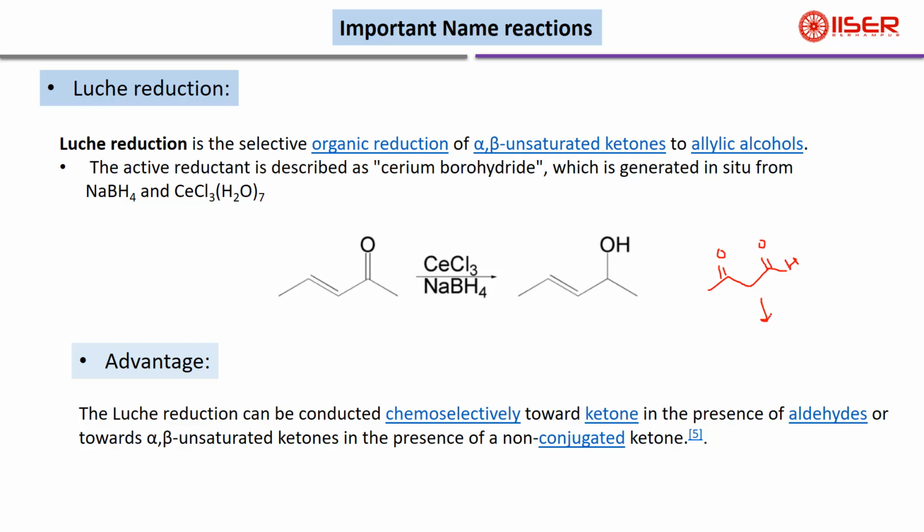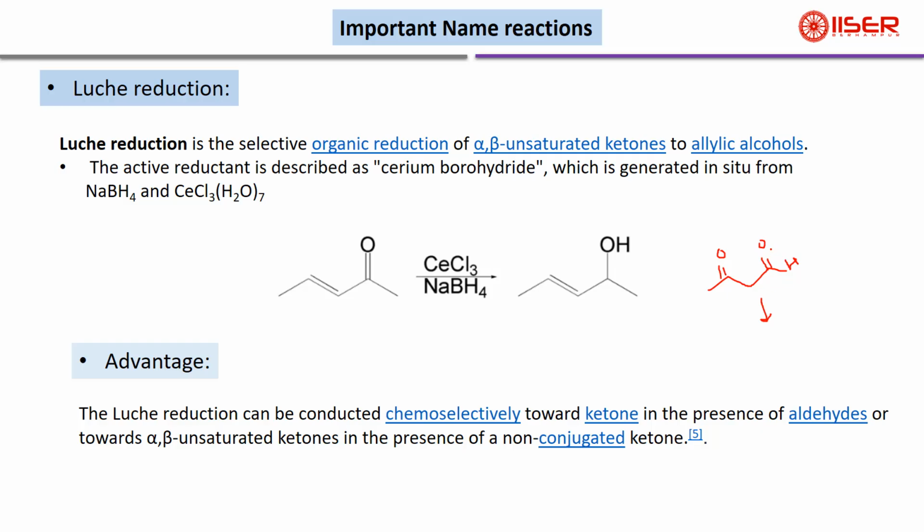So between aldehyde and ketone, which will react? In case of normal NaBH4 reaction, this aldehyde will react, but in case of Luche reduction, this ketone will react, because in the first step